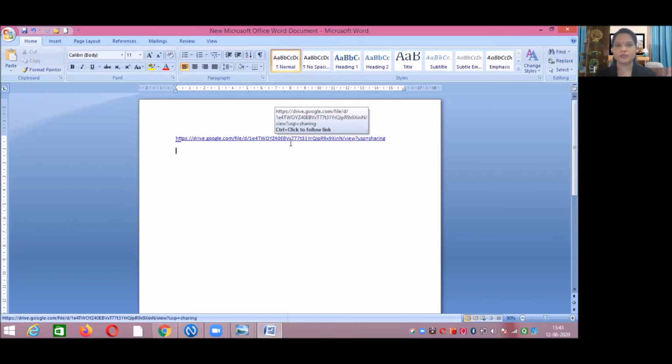So in this way, you can upload any type of document in your G Drive and you can get the link of that particular file, provided you have a Gmail ID, because G Drive is available only with a Gmail account. So thank you all, and I hope you understand the steps. Go through these steps once or twice by rerunning the video, and this will help you to submit your assignments in further days. Thank you very much.